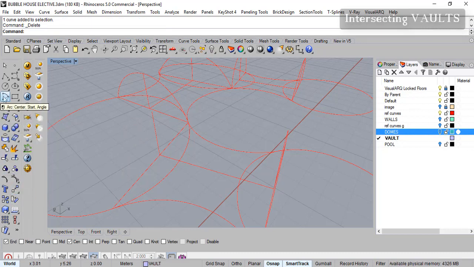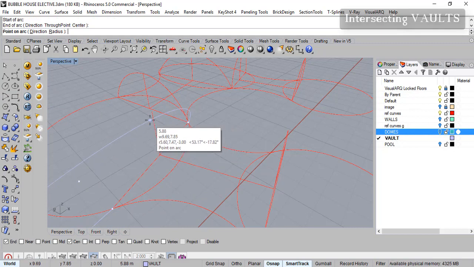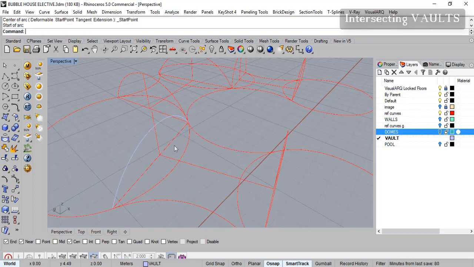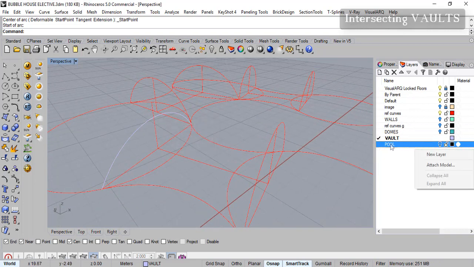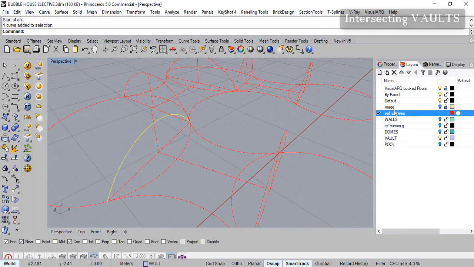So you have to do it again, and we will actually draw it at a much lower height, using a 3-point method. In this case we'll keep it very low, so we'll put a near point on. We'll take a point on the line which is much lower, in fact. Okay, so I've drawn it. Now we are in the vault layer, that's why it's showing that color. We have to make sure we are in this layer. We put this under this,